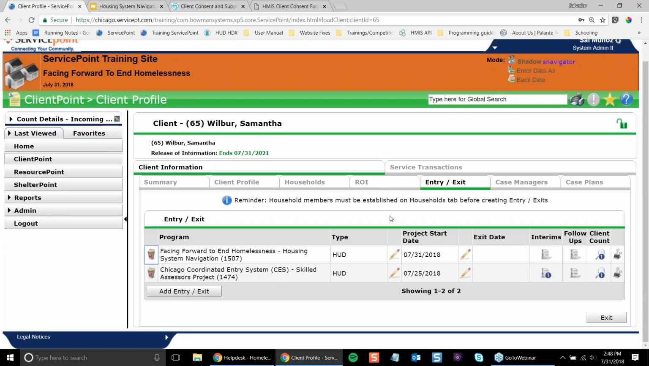And finally, the one thing that I think we'll want to touch base on is how to update this Skilled Assessors project. The information for your client might change, right? There is a lot of time lapsed between when they were enrolled into the Chicago Coordinated Entry Skilled Assessors Project versus when you are actually talking with them. What might have happened is that their number is no longer valid, that they have switched their email, or that one of their contacts is no longer the best person to contact them, or maybe they